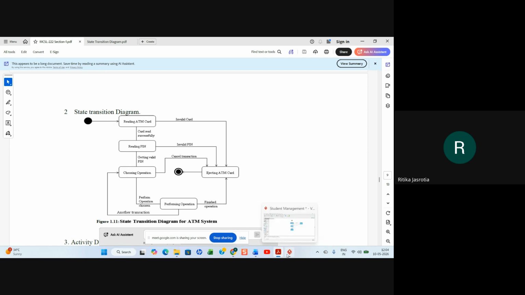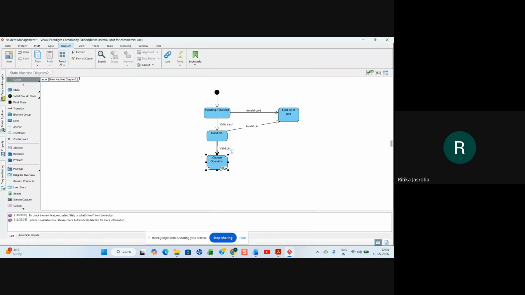So after choose operation, you will go to the next state, that is perform operation, whatever operation you are choosing. And if you want to continue another transaction, you will go back to choose operation, like they are showing.